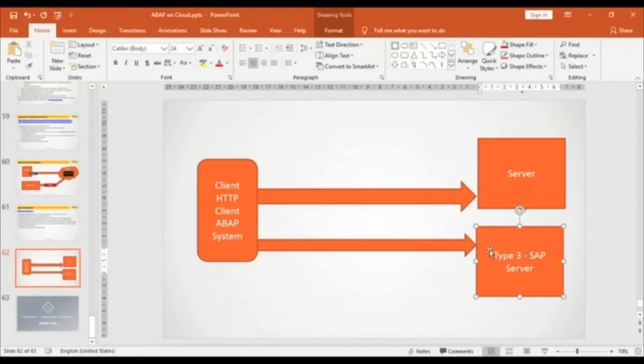SAP server. Why do you need a web service in that case? You can directly call a BAPI with a type 3 connection. Call function name, destination, the BAPI name. That's all. Okay, actually, to be very specific, my question is there is a blog about how to